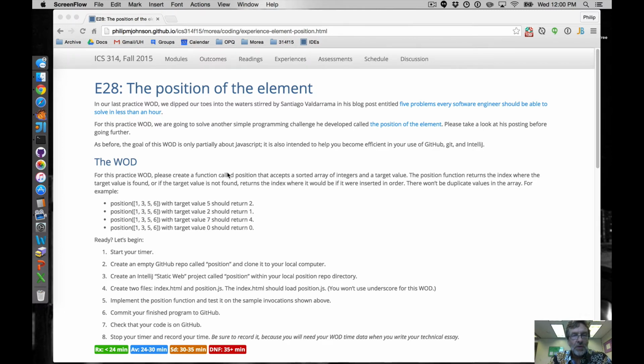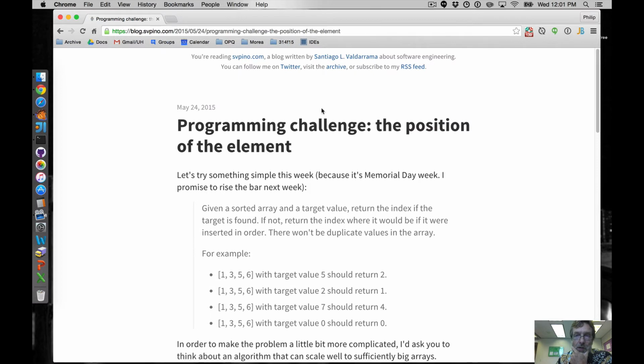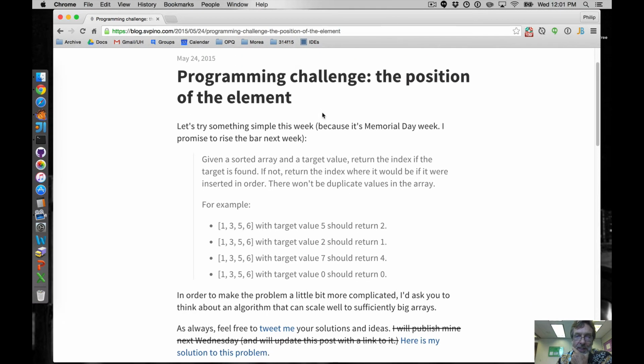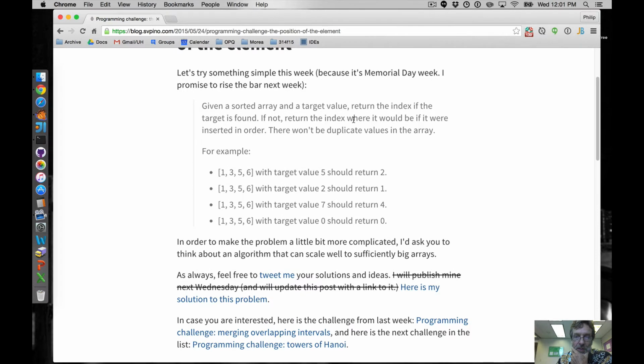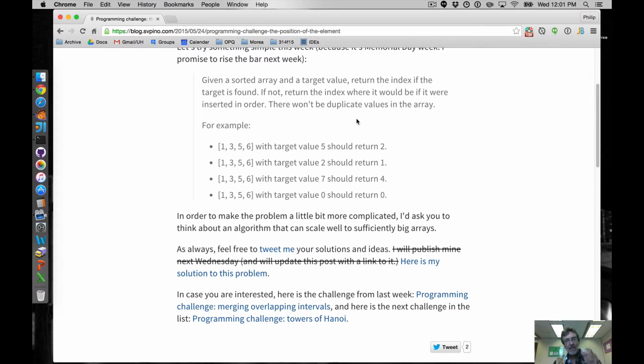Experience 28 is called the position of the element, and this is a follow-on to the last WOD where we were looking at the 5 problems every software engineer should be able to solve in less than an hour by Santiago Valderrama. And I did a little more poking around his blog, and I found this other one he has posted called the position of the element, which he says is something simple, and I agree, it's quite simple, and I think it makes kind of a good little